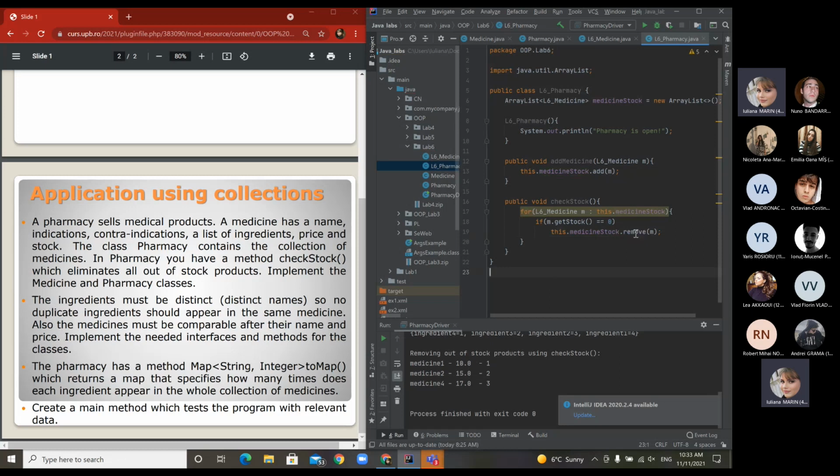So you've got a method. As you have add, you also have remove based on your current object. Okay. Then we have here also the pharmacy with the method toMap, saying how many times you got each ingredient by parsing through the collection of medicines. Okay, so what I need to do here